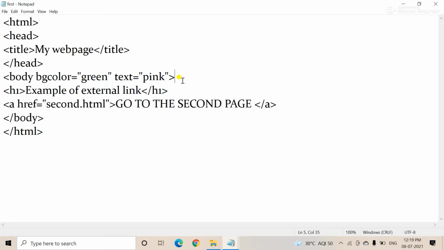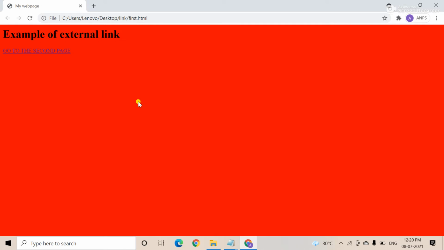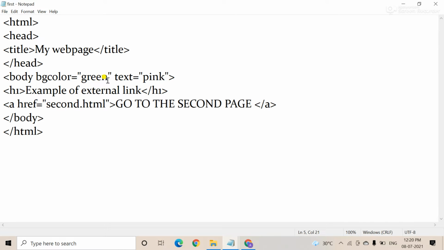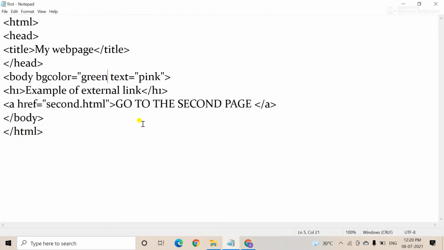Suppose, for example, by mistake you do not enter the double quote. You see here, let's see. It is not green color, although you have written green here. So when you use it, it must be in double quotes.